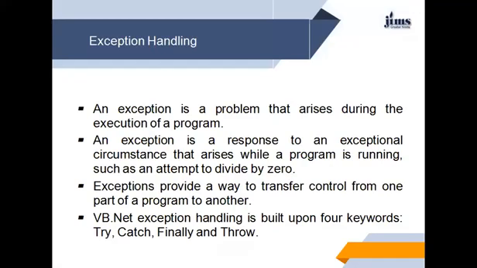Suppose when you are writing a program, somewhere you have written a divide by zero operation. Whenever it is encountered, it will raise a divide by zero exception, and it will move further. That means the control goes to another place. So your program is running as usual. You will just get one error or exception, that is the divide by zero error, and the rest of the program written after that will run very smoothly.